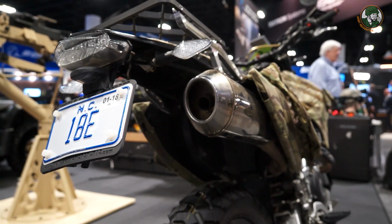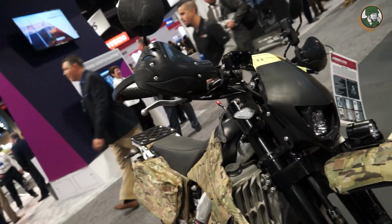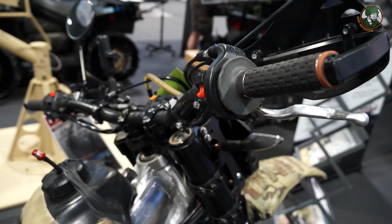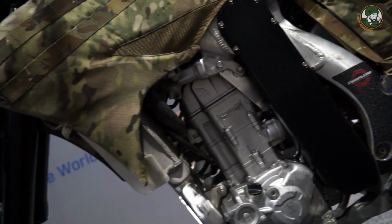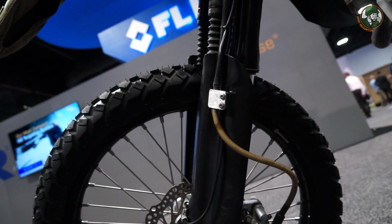Hello, I'm Mike Jackson. I'm with militaryatv.com, and we have the Christini 450 2-wheel drive motorcycle. This model is used by U.S. Special Forces for infiltration and for transportation around the area of operation. Its specialty is the 450cc engine, and it has the front-wheel drive that makes it better in deep sand and